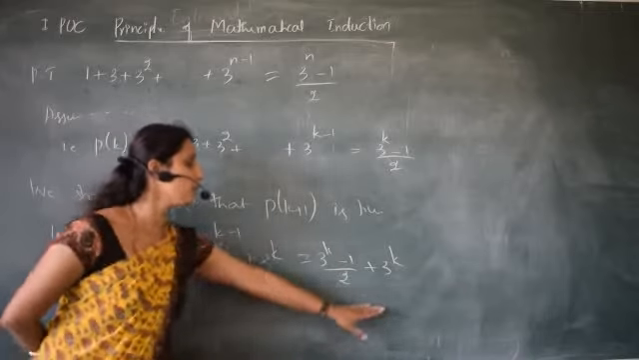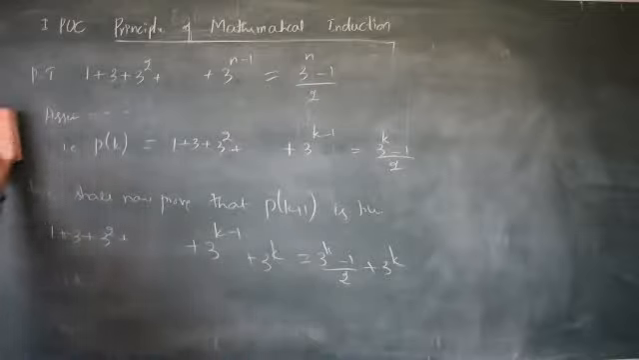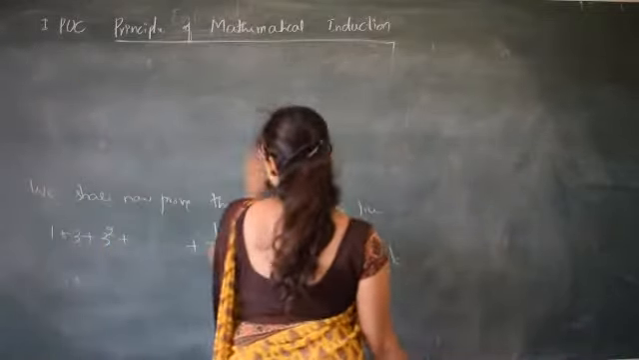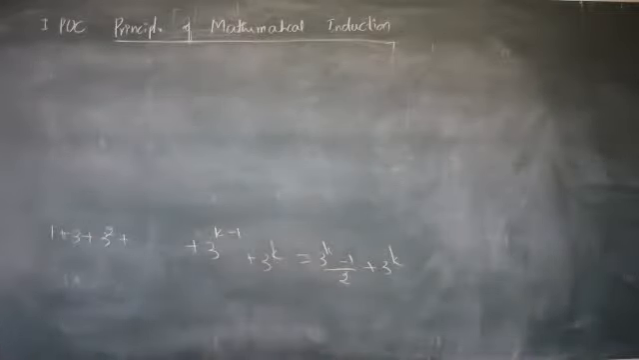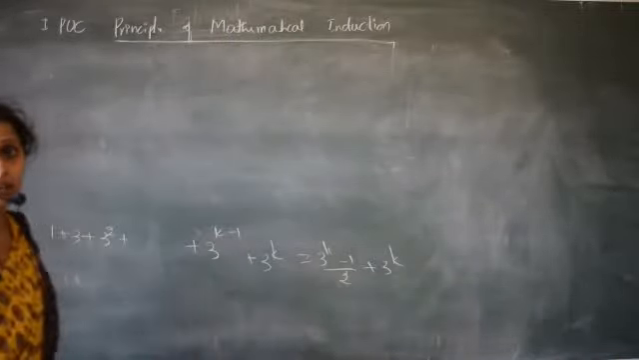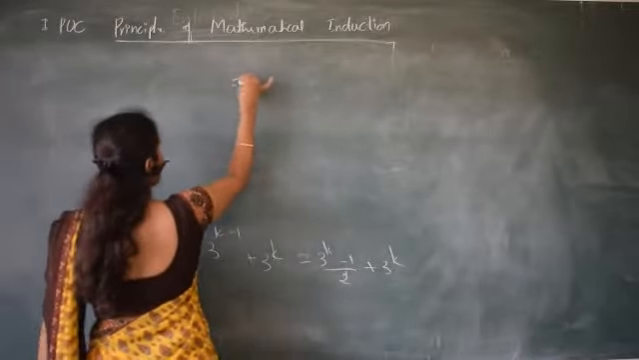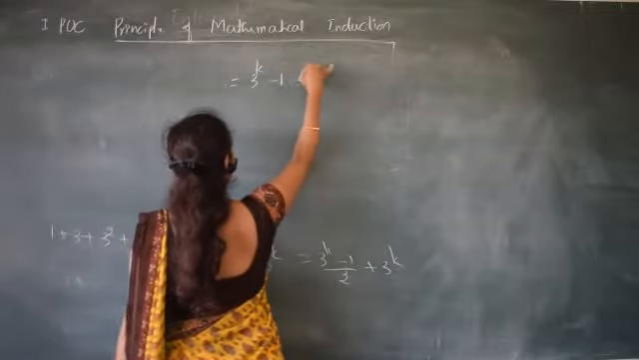Now we have to simplify only the right hand side of the given equation. So what is the right hand side of the given equation? We can see here, the right hand side is 3 power k minus 1 by 2 plus 3 power k. So I'll take common denominator as 2. So what we get here? 3 power k minus 1 plus